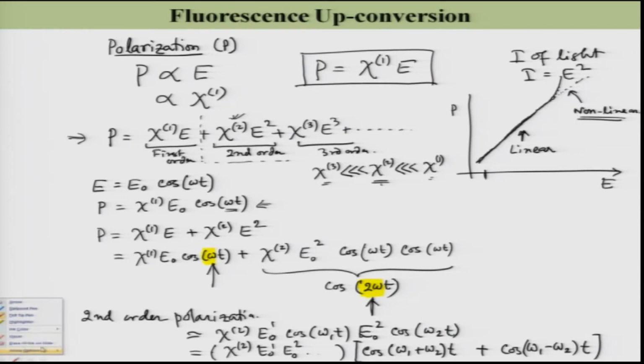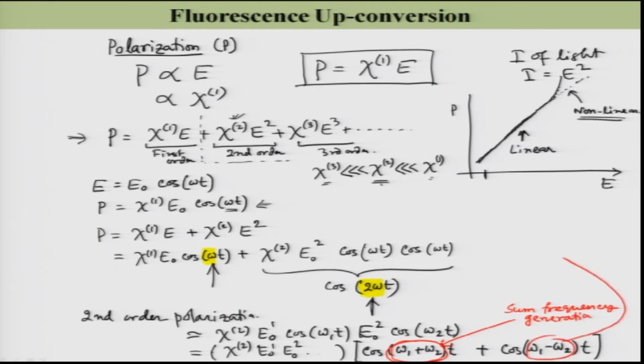I will get these two terms. So, you note here that this term is the summation of these two frequencies, and this is called the sum frequency generation, and in this case it is just a difference. So, this is known as difference frequency generation. Okay. What we have seen is that this is the sum frequency generation, and this case is a special